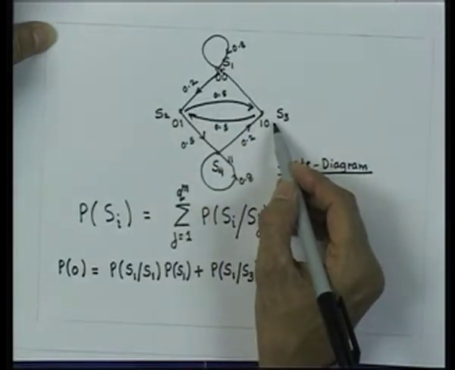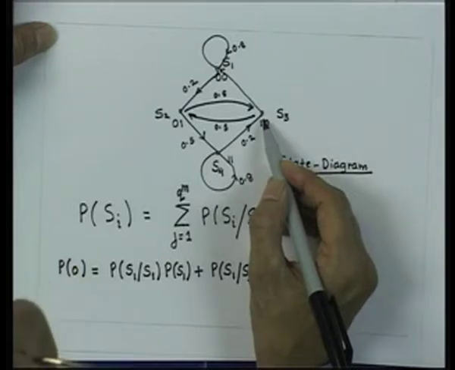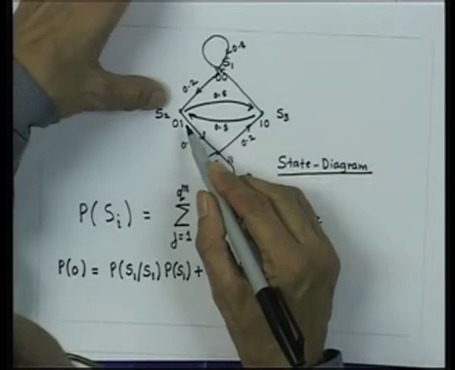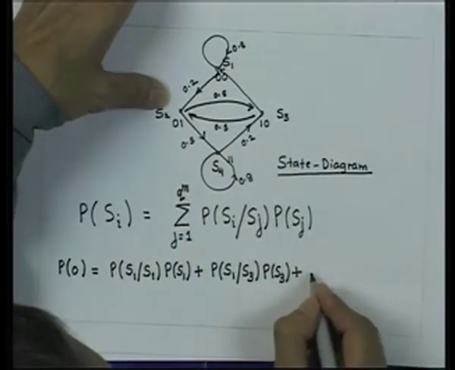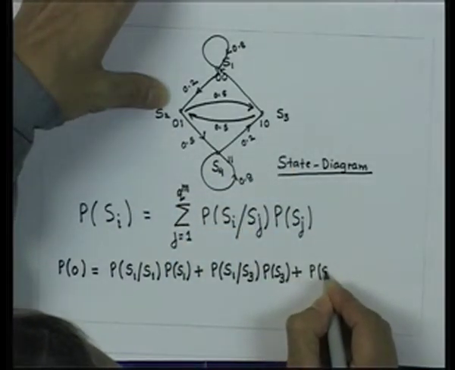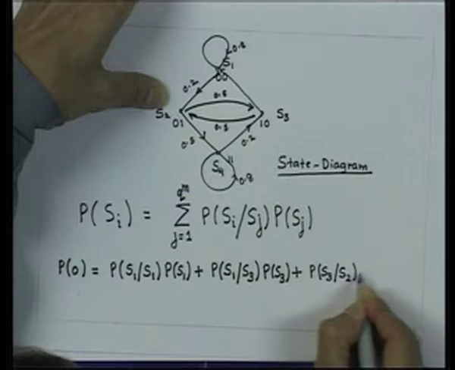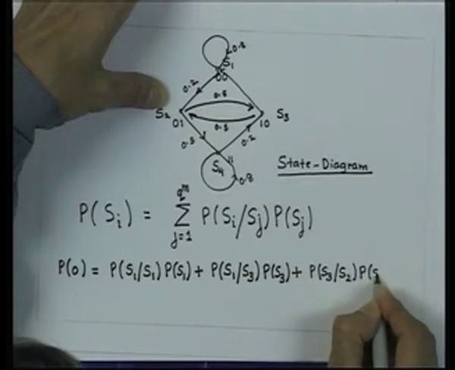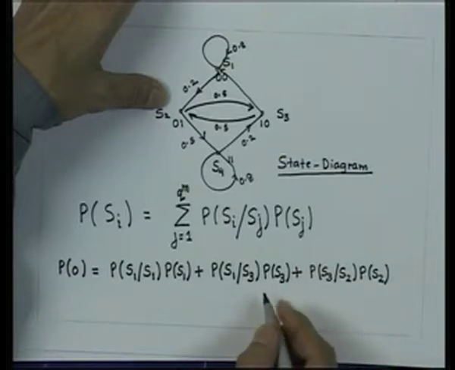So, if 0 occurs from S2 to S3, what is the probability of going into state S3 when I am in state S2, multiplied by the probability of state S2 itself, and